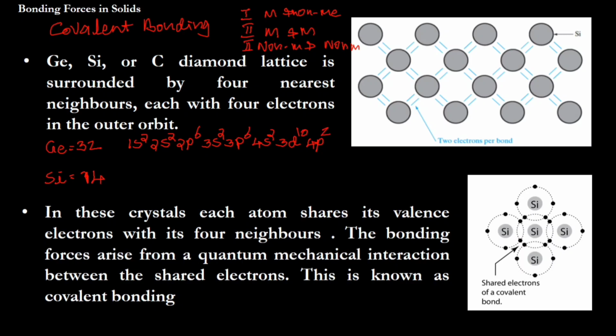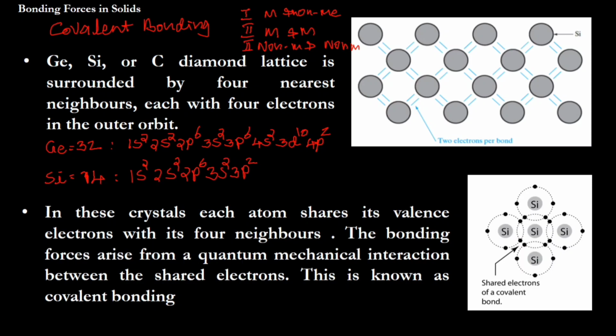If I write it out again: 1s2, 2s2, 2p6, 3s2, 3p2, 10 plus 4, yeah. So the germanium